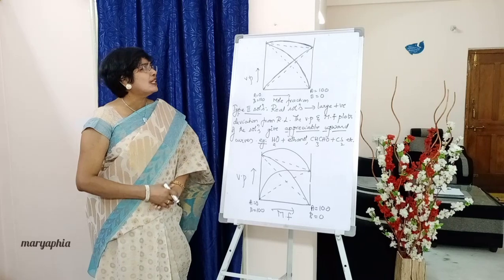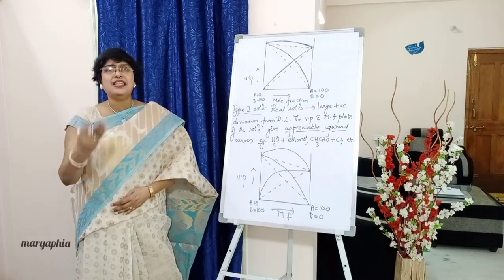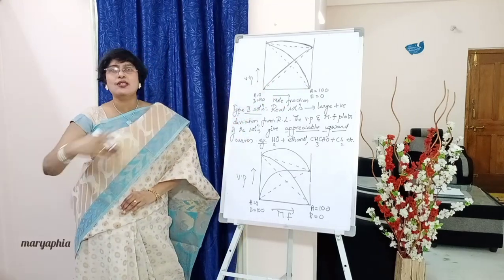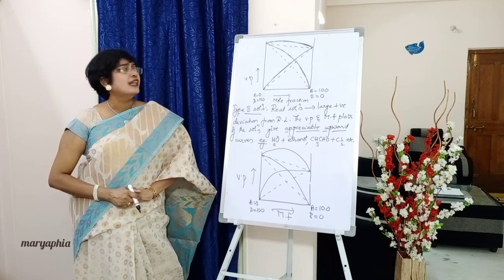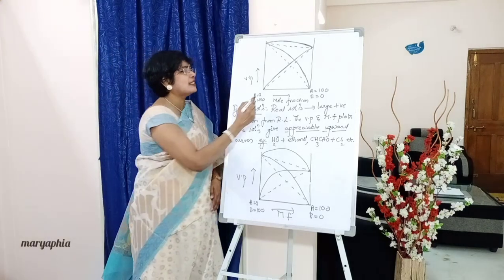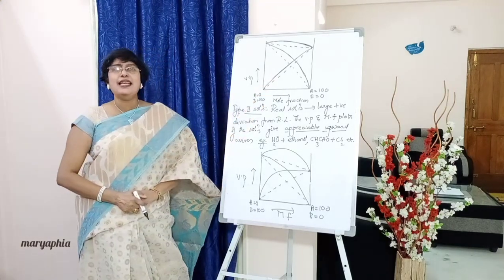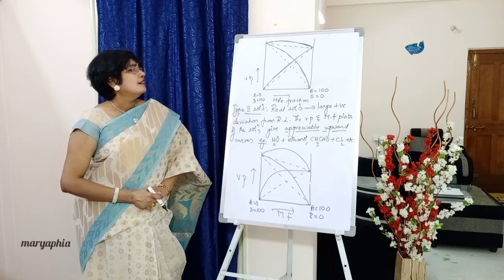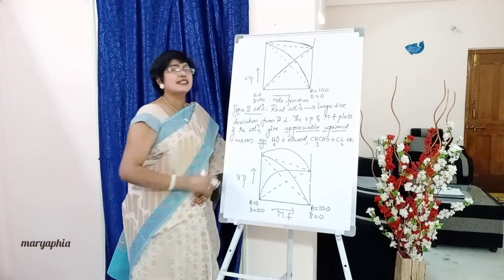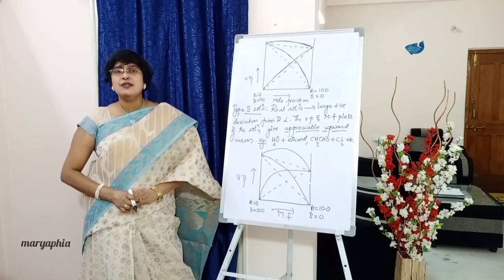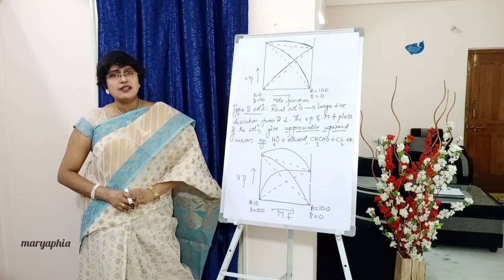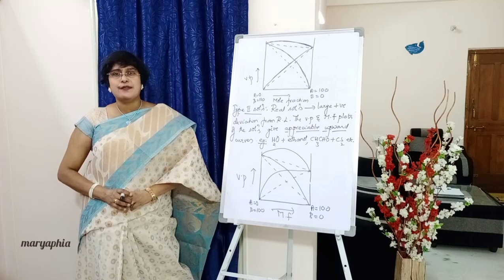First mark, what are these three lines? Dotted lines. One is for partial pressure of B, one for partial pressure of A, and the top one is the total pressure of the solution. Next, after marking the dotted lines, draw slightly upward curves, as I have shown in the figure. That is what this graphical representation explains about type 1 solutions, which show positive deviation. They are slightly deviating from Raoult's law and the plots give slightly upward curves.